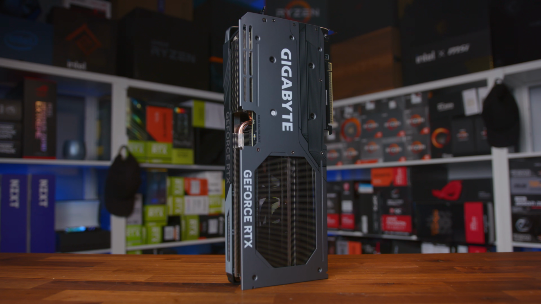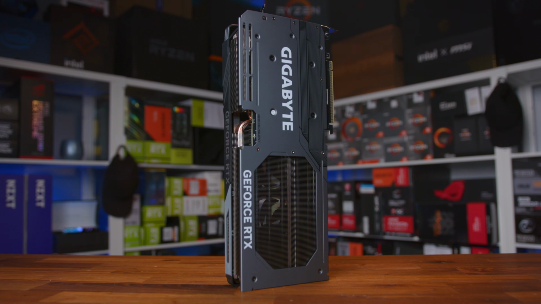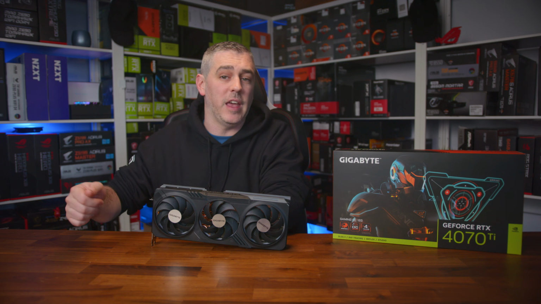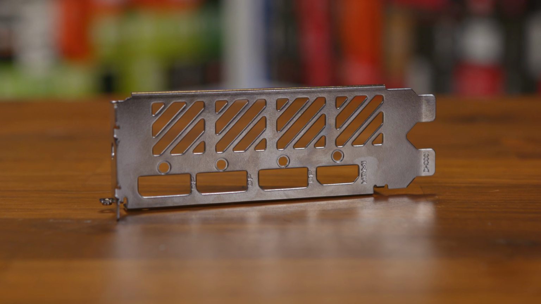Now, for the I/O, there's a small amount of ventilation in the unused space, along with the standard single HDMI and triple DisplayPort connectors. To take the card apart, there's 9 screws on the back, which then allows you to remove the heatsink and the shroud from the PCB, along with 9 screws that hold the I/O bracket onto the